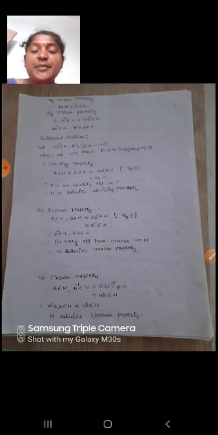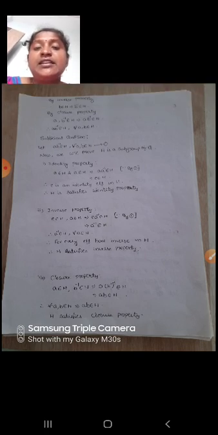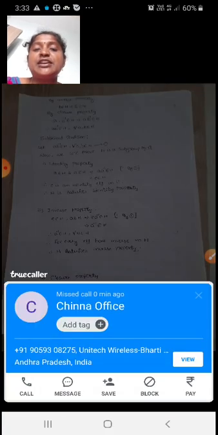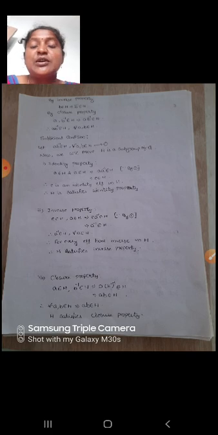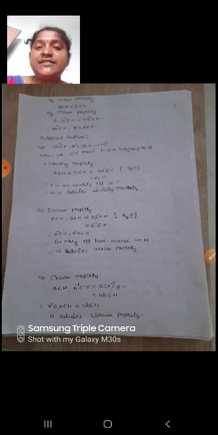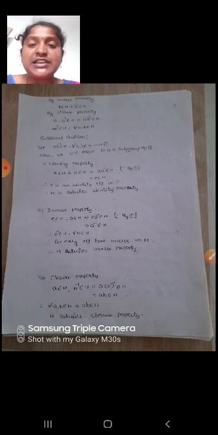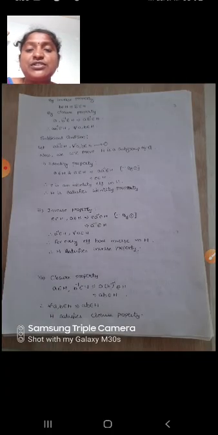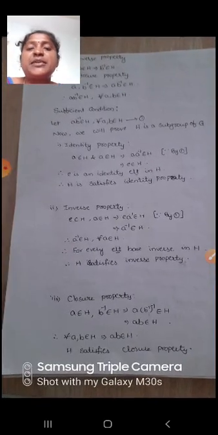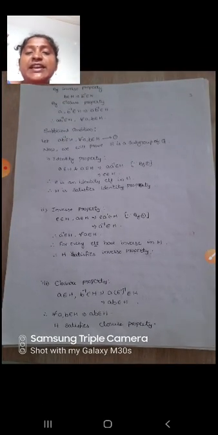By inverse property, let B belongs to H implies B inverse belongs to H. By closure property, A comma B inverse belongs to H implies AB inverse belongs to H. So, AB inverse belongs to H for all A comma B belongs to H. So, here we proved